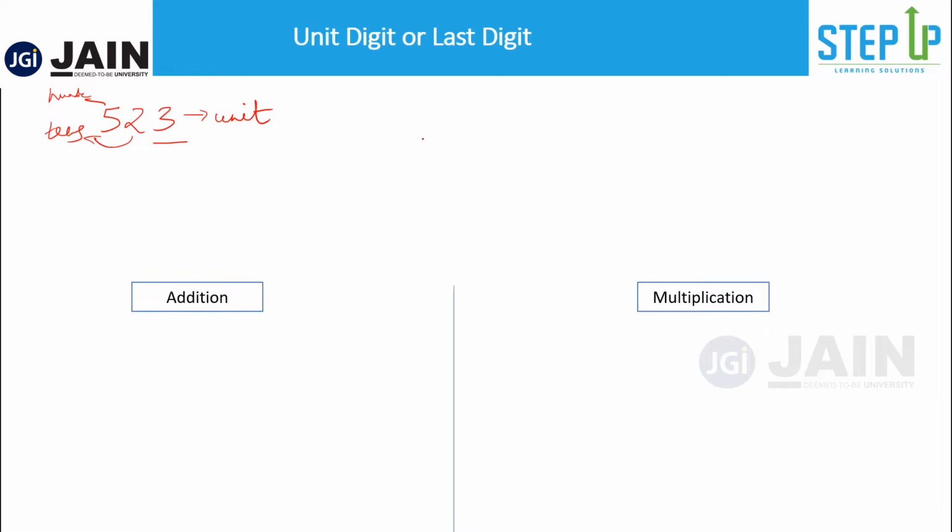Now if let's say you were to add certain numbers, let's say 3 plus 2 plus 1, of course you know the last digit of this addition is 3 to 5 plus 1, 6. But what if this number was, let's say, 13, this was 72 and this was, let's say, 91. Now in this case also, when 1 became 91 or 2 became 72 and 3 became 13, your unit digit is going to be the same because you're not looking at the full number.